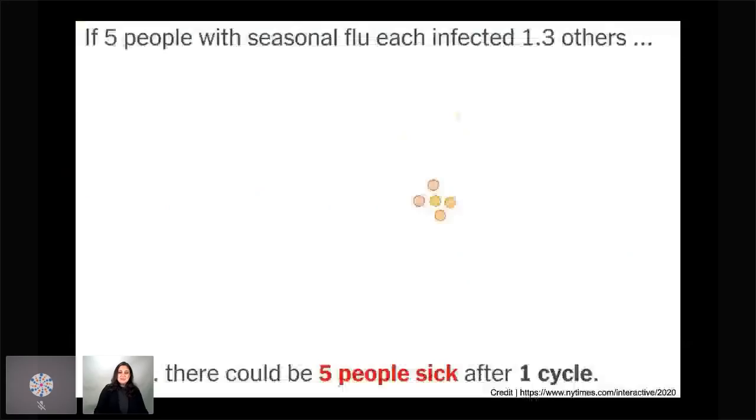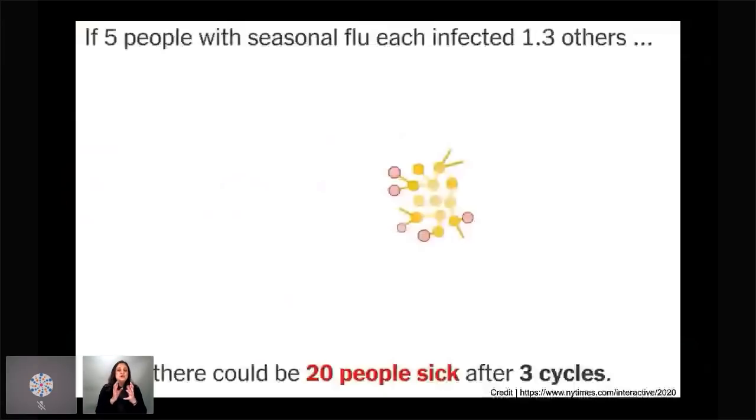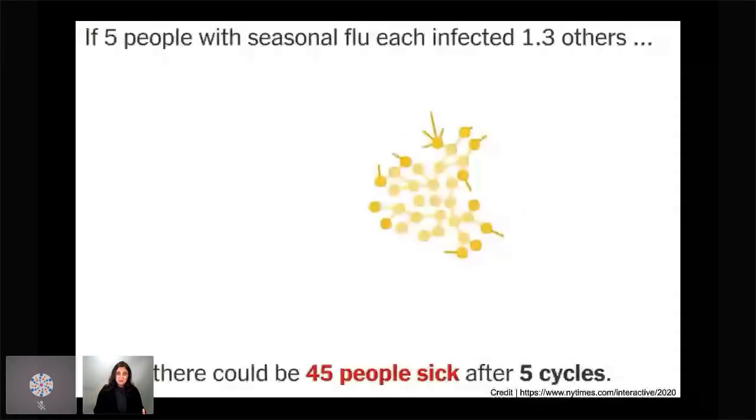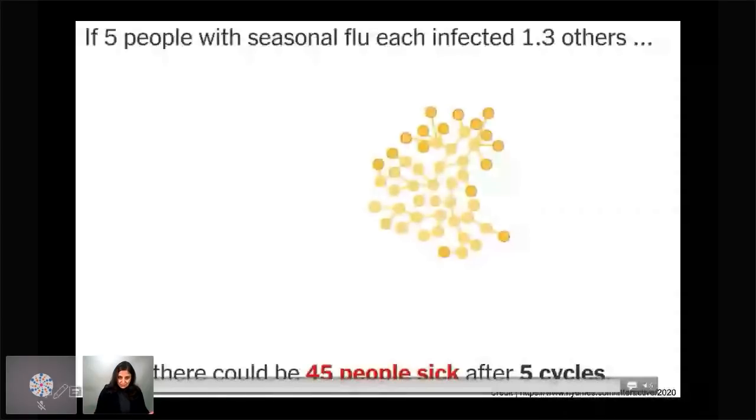So this is an animation from the New York Times, and it's very beautifully done. And this is the flu virus. And let's say every one person who has the flu virus can infect about 1.3 other people. And that, again, is that R factor that I had mentioned before. After 5 cycles, there might be something like 45 people who are sick. However,